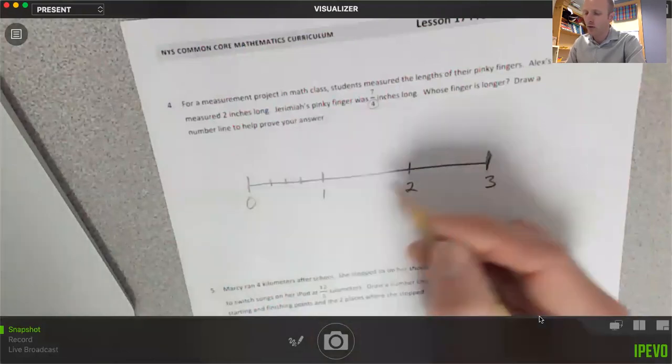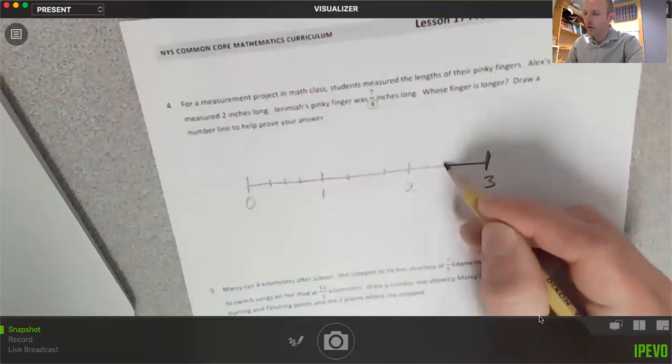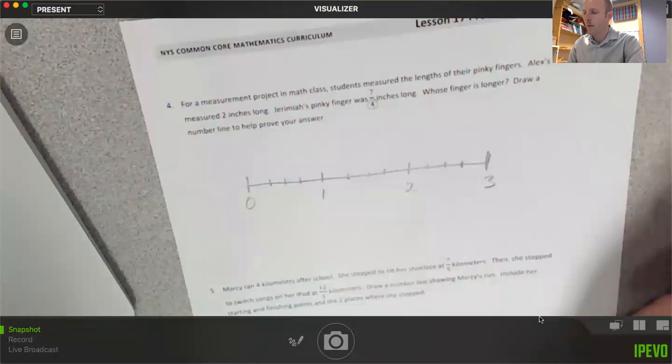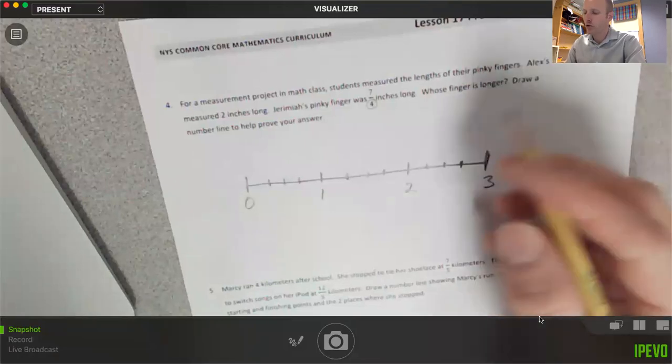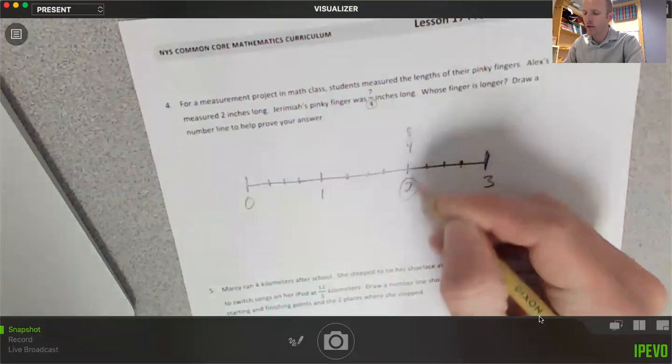So that's one hole that got split into fourths. This is another hole that got split into fourths. And finally, a third hole that got split into fourths. And now I'm going to find 2 inches is right there, and that's 8/4. So 2 times 4 is 8. So this is